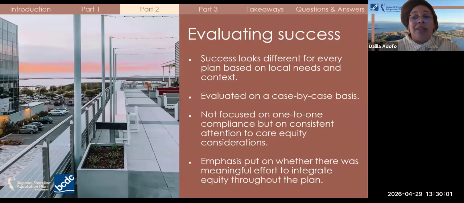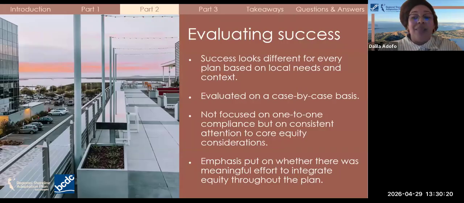Implementing the RSAP guidelines is still new, and we will continue refining our approach based on experience and feedback from practitioners and community-based organizations. At the same time, expectations for meaningful environmental justice engagement remain high.